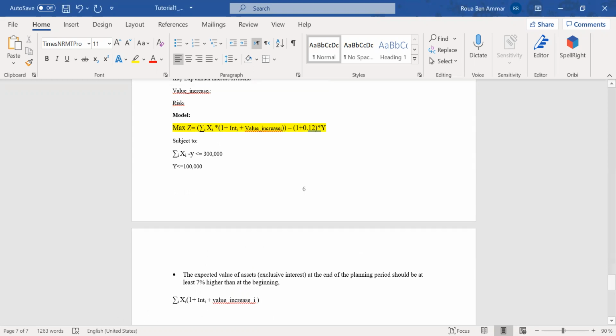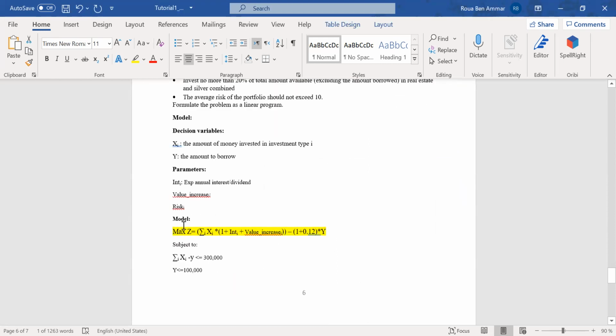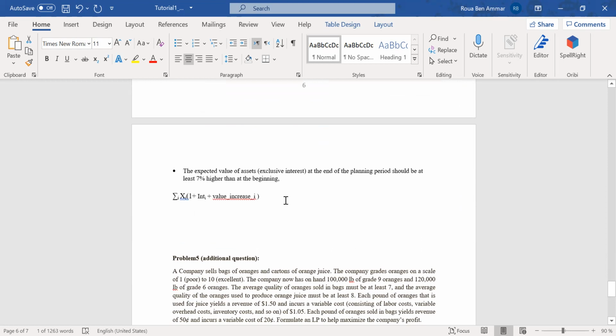We said why exclusive interest? It means the assets that generate interest naturally have a value increase that is the expected annual increase in value plus the expected annual interest. You can see that the investments that generate dividends and not interest have 0% here. So it's exactly the same expression as the objective function. This quantity should be greater than or equal to 1.07 multiplied by